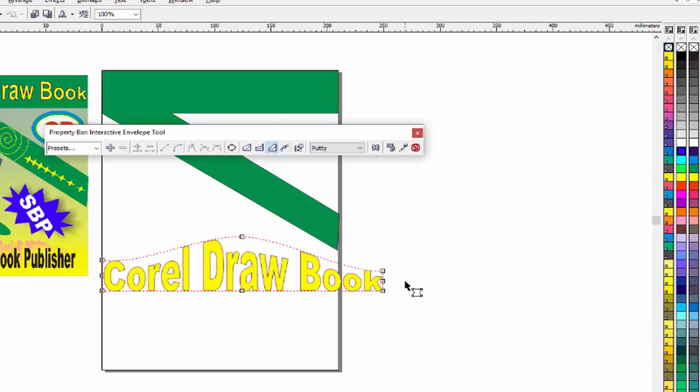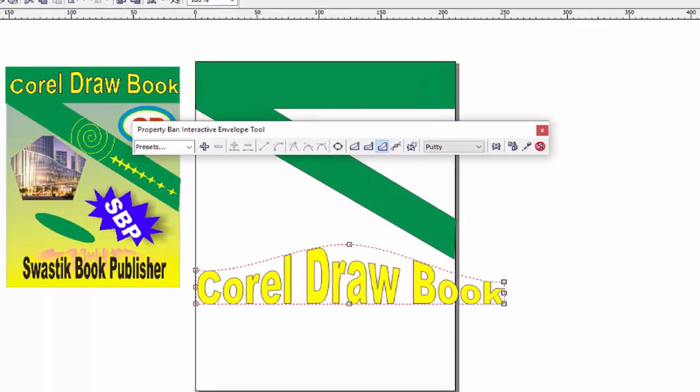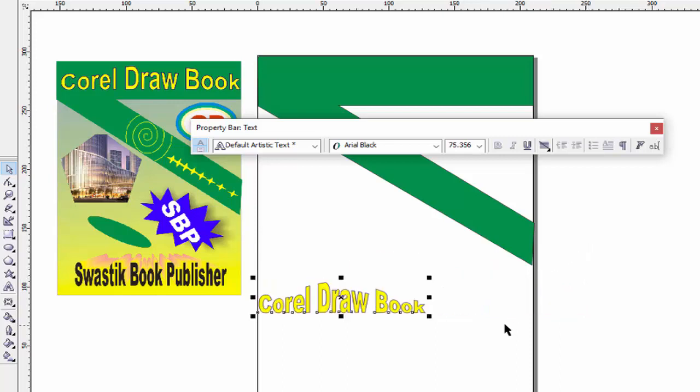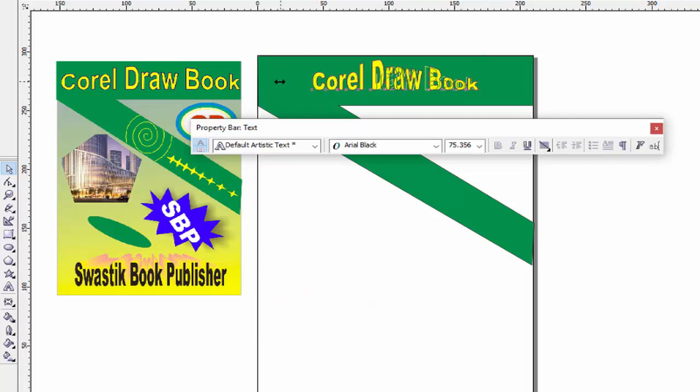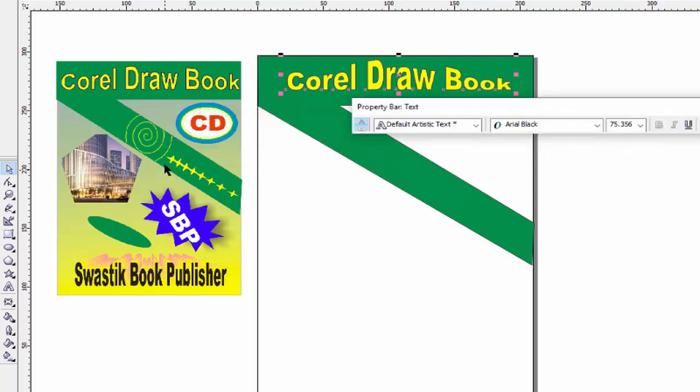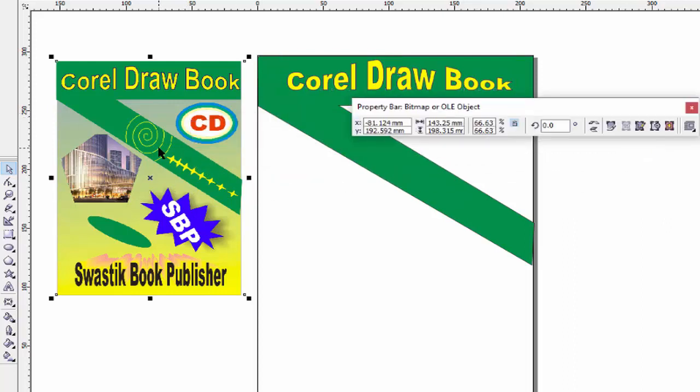Then use the pick tool and put it here on the rectangle shape like this. So this is the way to create this Corel Draw book shape.